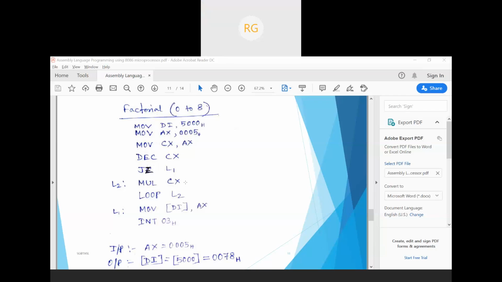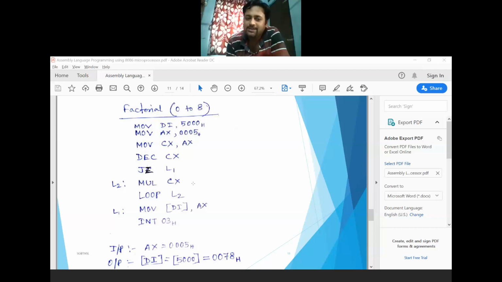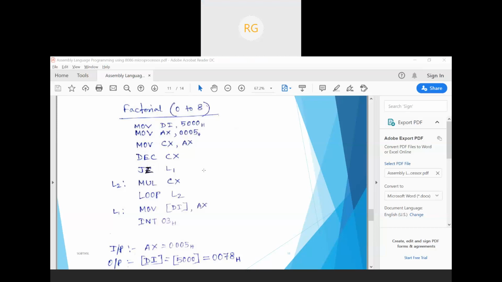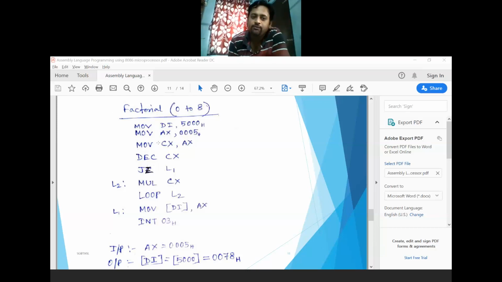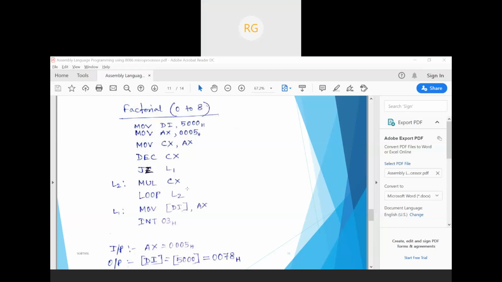No. This MUL CX represents multiplication of DX:AX with CX, the full 32 bits. That's why I have initialized DX with MOV DX, 0000. Okay, sir. Any other question?